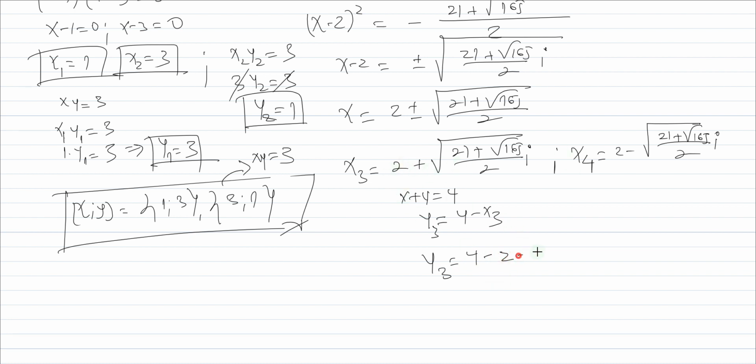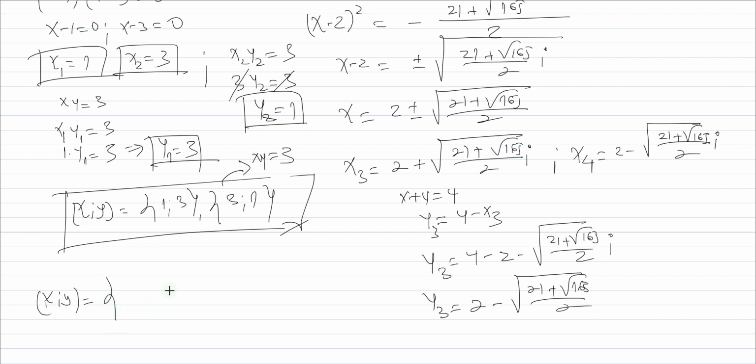So minus 2 minus square root of 21 plus square root of 165 divided by 2i. So y3 is going to be 2 minus square root of 21 plus square root of 165 divided by 2. Okay guys, so now we have this xy, we're going to have this one and this one. We're going to have then 2, okay, plus what,